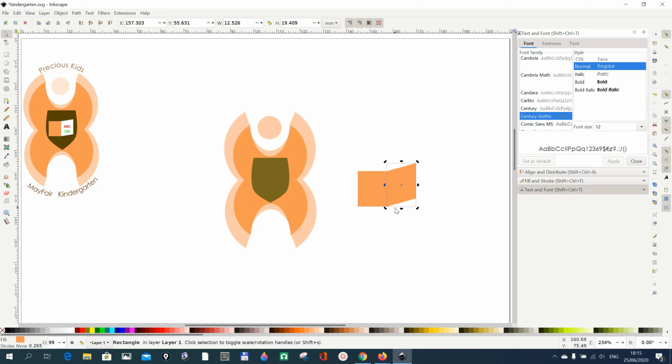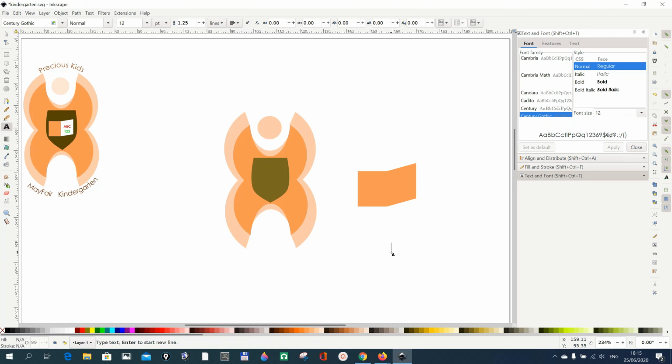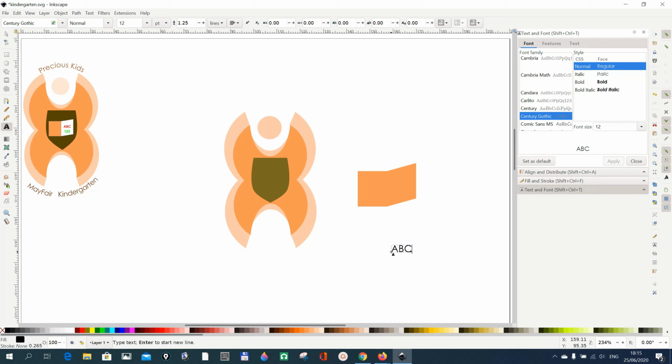Now we want to write ABC in it, so go for your text tool and write ABC. The font I'm using is Century Gothic. You can find it by just going to text and font, and this dialog box pops up, and then you look for it here. Now let's make it bold, and then when you make it bold, go to apply,